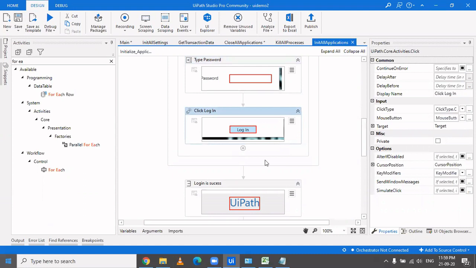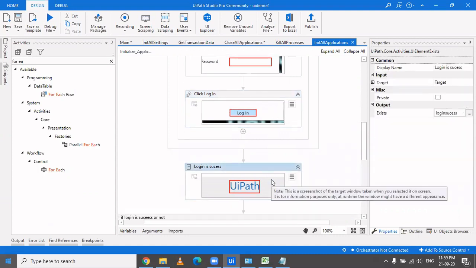So you are entering the ID password, you're clicking on login, but you're getting a message that, okay, this particular system is under maintenance. So you would never get to know what has happened. Only if you check whether you are inside the system or not, then you'll get to know that, okay, I am not able to log in due to some XYZ reason. And then you'll log into the server and check what is the reason.